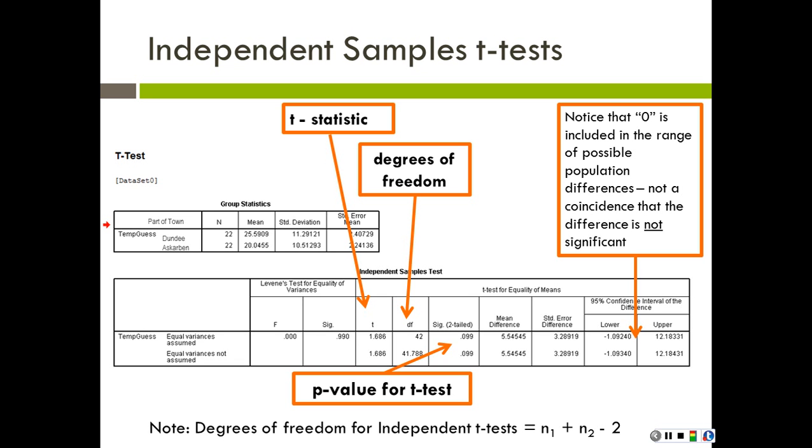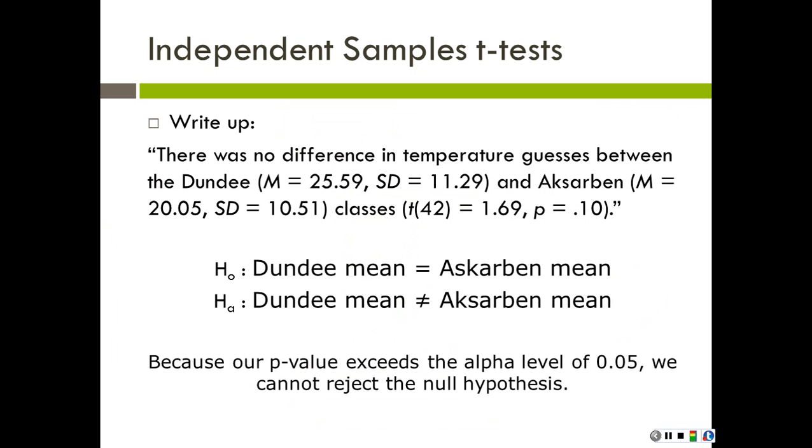But the most important thing to know is the t and the significance, right? So our t value is 1.69 if we round up, and our significance level is 0.09, so it's not significant. There is no difference, and so you'd report it as there's no difference. And here we are. So we just did that whole test, and you would write up, there was no difference